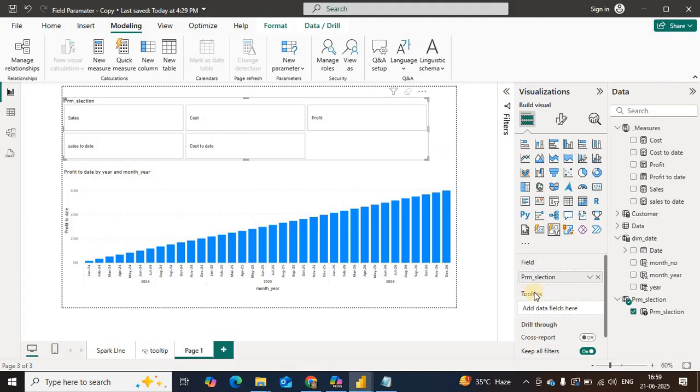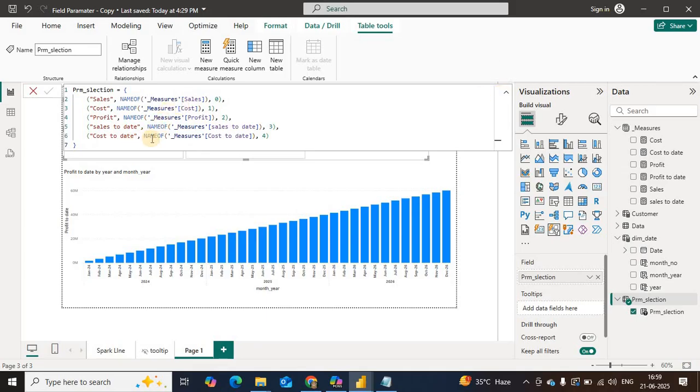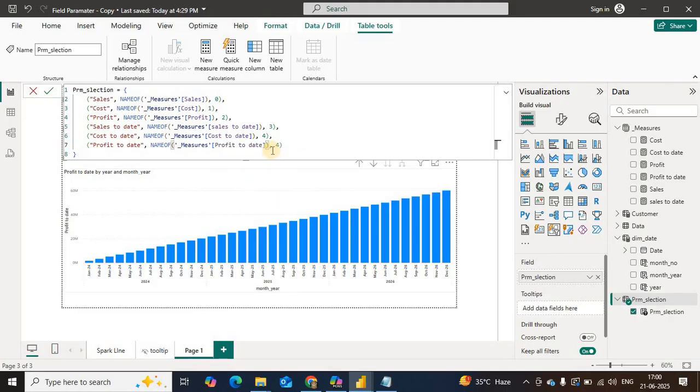Why is profit to date not showing? Click on it. Profit to date we have not added. Okay, so let us put here a comma, and we can add here profit to date. Okay, next it is profit, cost, sales, and the measure will be profit to date. Okay, and let's make it a given number,